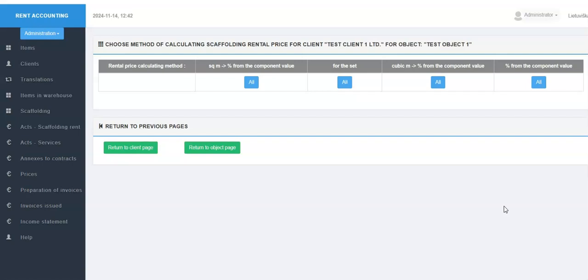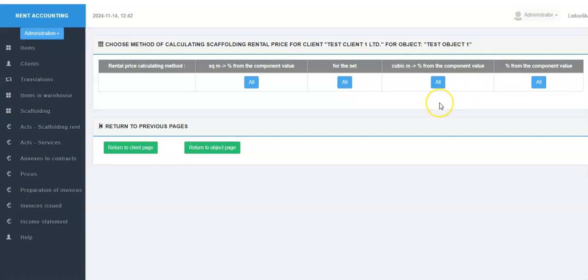After pressing this button, a page opens where we can choose which rental price calculation method we will use when forming the contract annex. We can choose one of 4 methods of calculating the rental price: by square meters, by set, by cubic capacity, and as percentage of the value of the components.